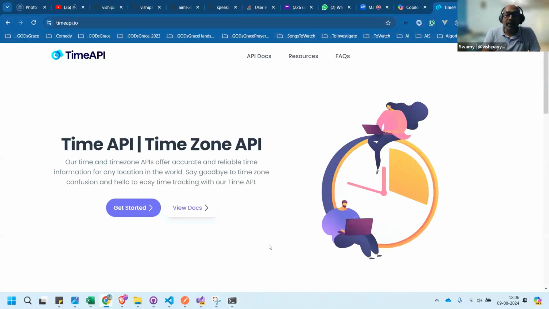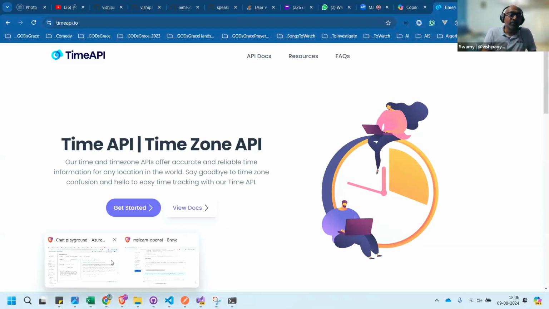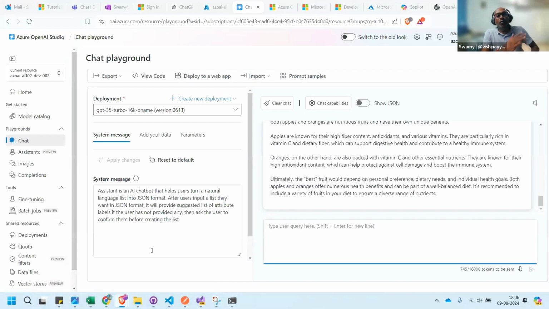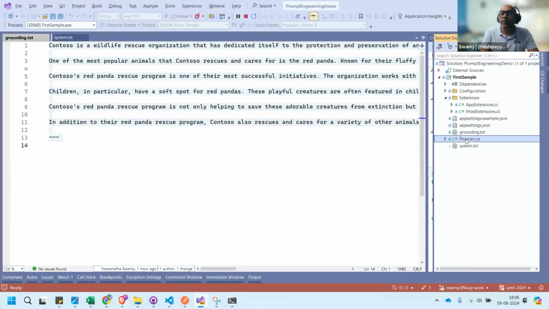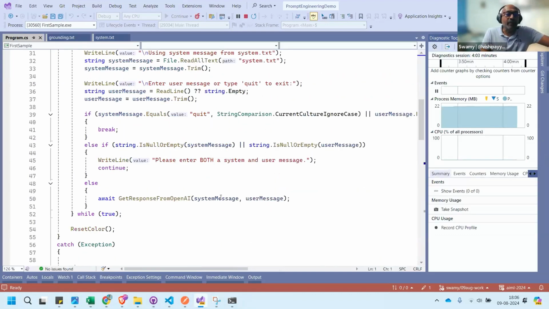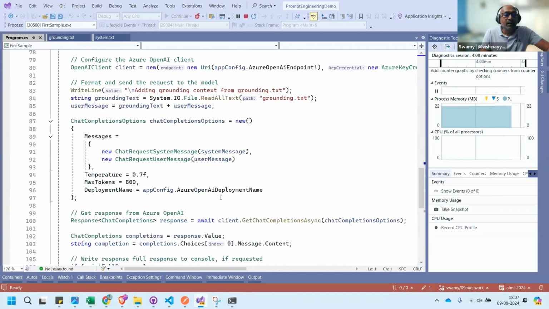So what I can do is extend this. I can use the Azure OpenAI, and on top of that I can write a function to go and get it from the API. Now, if it's not giving me a proper answer, then I can go and look at it. Let's see this one. This is a good thing. I don't have the functions added at this point of time, but we will see that grounding is there.